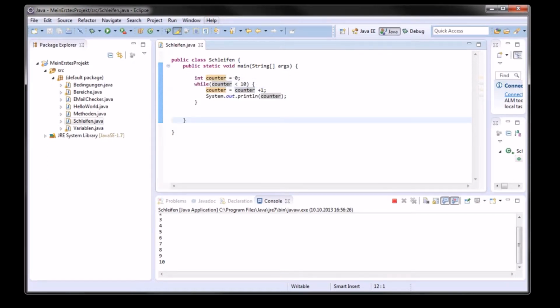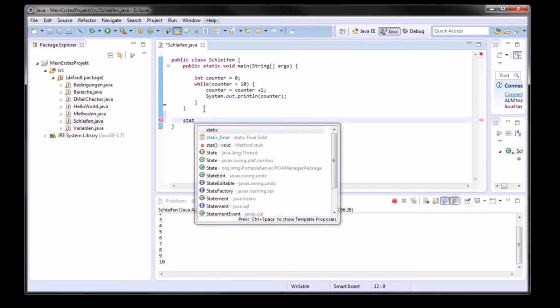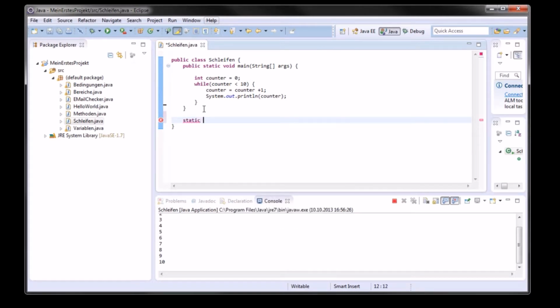So now you learned everything about the while loop and the debugger also. And I want to show you two other kinds of loops. But at first, to increase the readability, let's make a new method where we put the loop in it. So write static void whileLoop